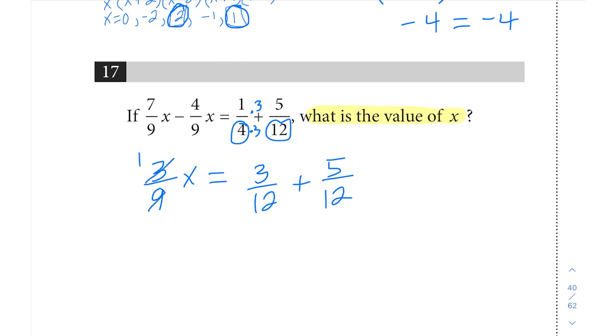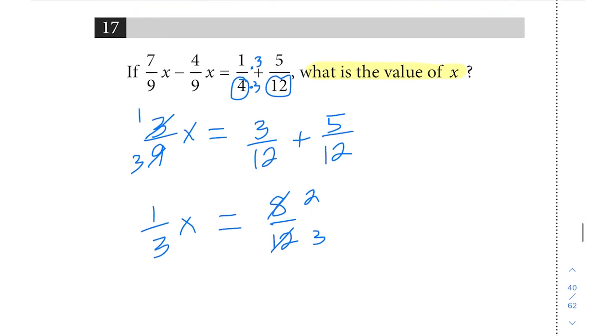Now on the left side, 3 over 9 can actually be reduced. They're both divisible by 3, so we're really left with 1/3 x equals 3 over 12 plus 5 over 12 would be 8 over 12. And that we could also reduce on that right side. So anytime we can reduce, let's go ahead and take advantage of that. 4 goes into each of those. So that would give us